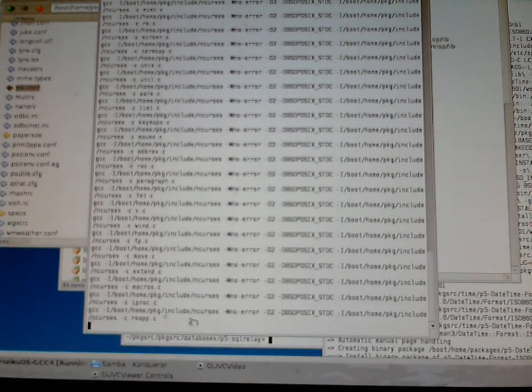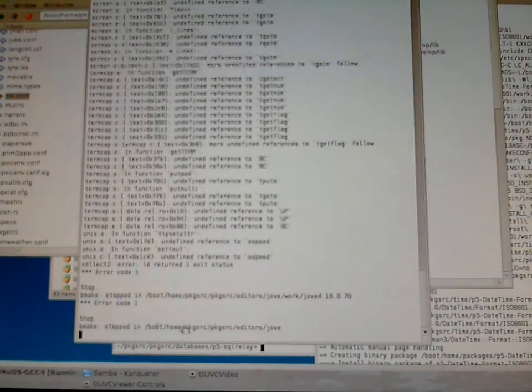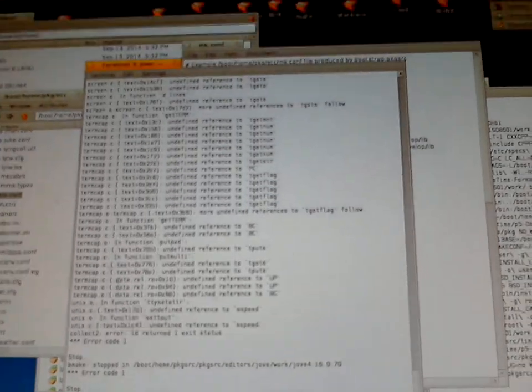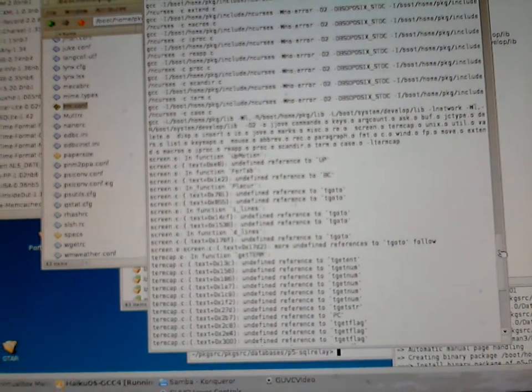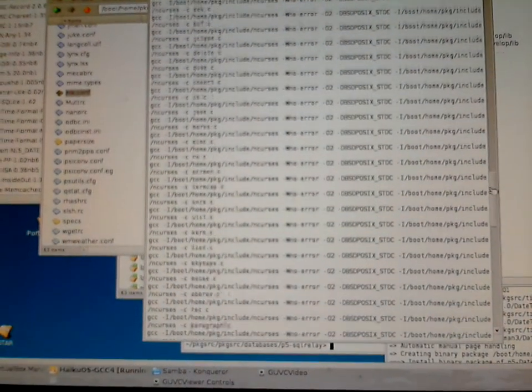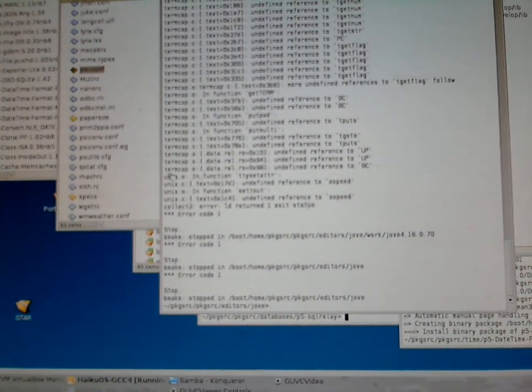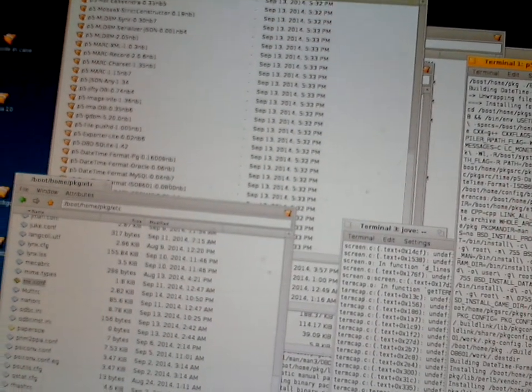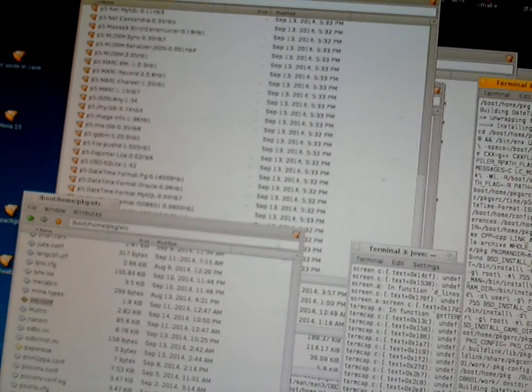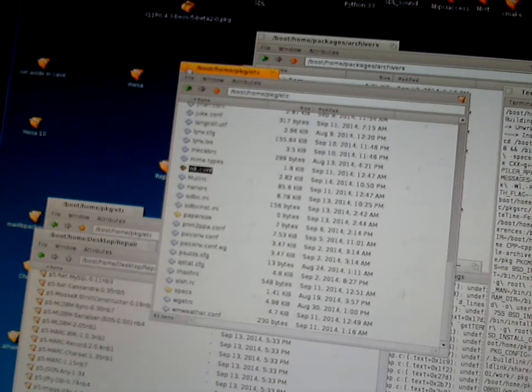It's doing the same deal, but now it's looking at, it should be looking at, why is it looking at boot home package include? Did I override? Let's see, did I not save this? No, it's not that. Do I override the make file package? Check that out. Surely is not an archiver. Brother, okay. So,